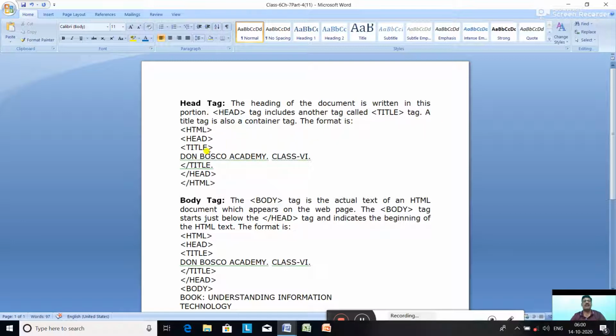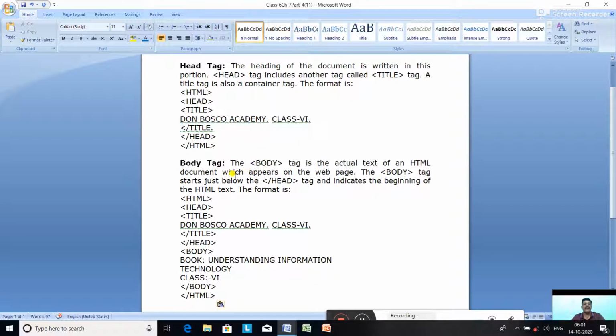This also is a container tag because it has got on also and off also. See, HTML on, HTML off, head on, head off, title on, title off. So all these are container tags. What is the format? HTML on, head on, title is Don Bosco Academy class 6, title closed, head closed, HTML. So this is the format of an HTML document.